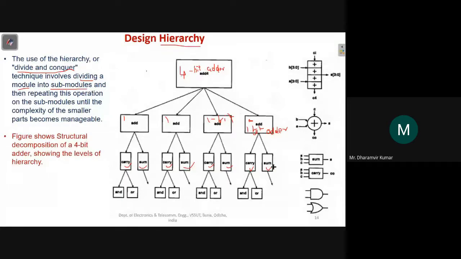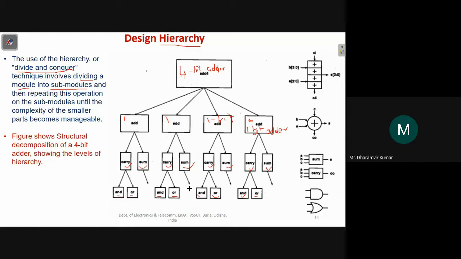Now we also know that we have some equation for each of these sum and carry parts. In the case of carry, it will consist of AND gates and OR gates, AND gate, OR gate, AND gate, OR gate for each of those carries. Similarly, for the case of sum, it will consist of XOR gates and OR gates.